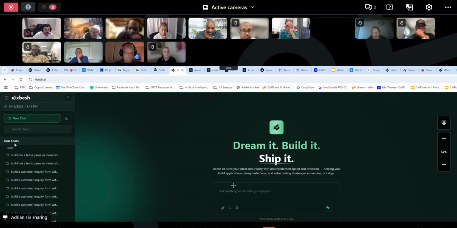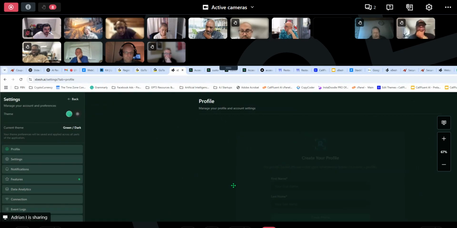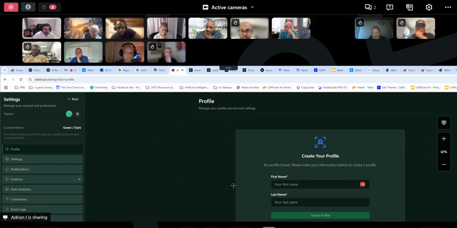Now, I thought that Xbesh would, because it's got a profile section, hasn't it, in there? And I thought whatever you do, that's the whole point of the profile section, it keeps the data in it. So you can go from browser to browser, hopefully. That's what normally happens. But I found that's not the case. I can have 3 different browsers and they're all in different states.